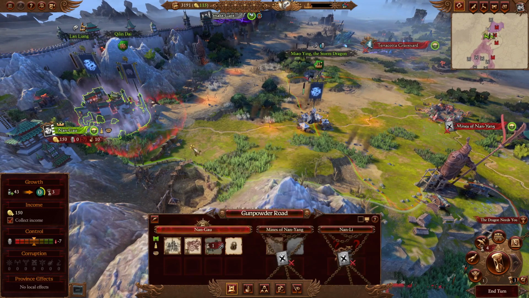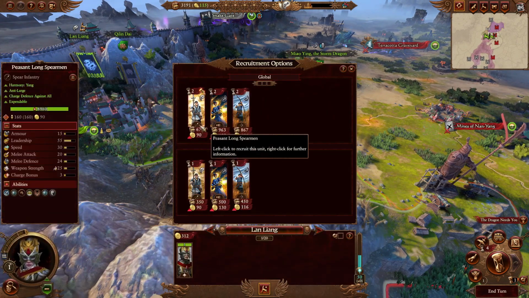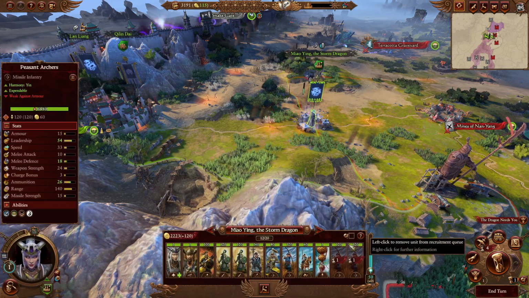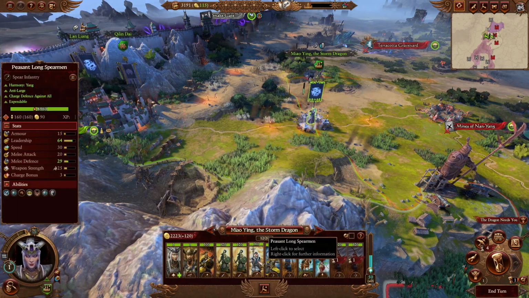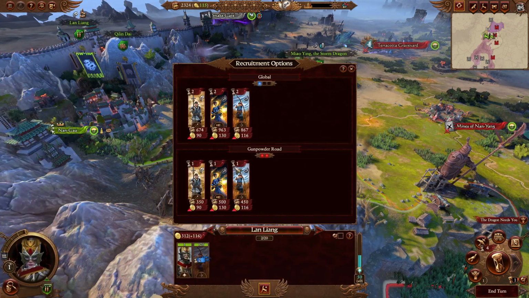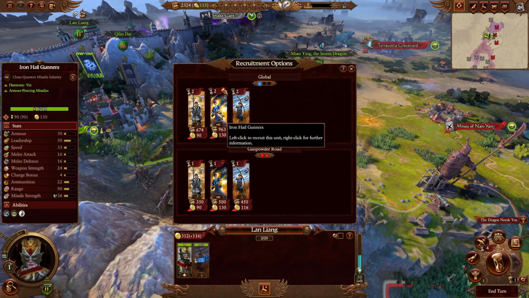So that means we have built, and we can now get a couple of dudes. What exactly do we want? These are 1, 2, 3. One more archer and as many peasant long spears as possible, I say. Yeah, let's do that. One archer. We can go for 2 here, but...